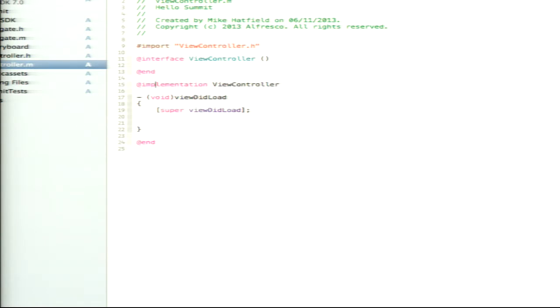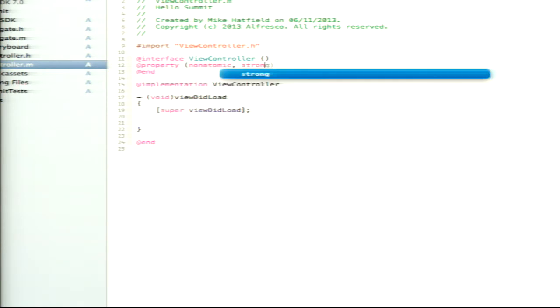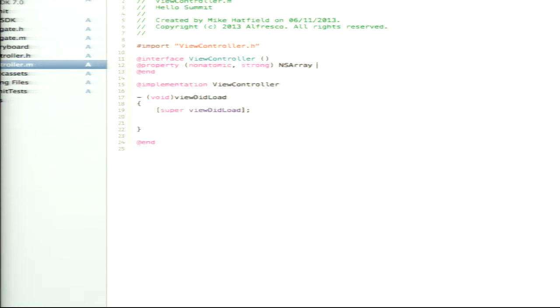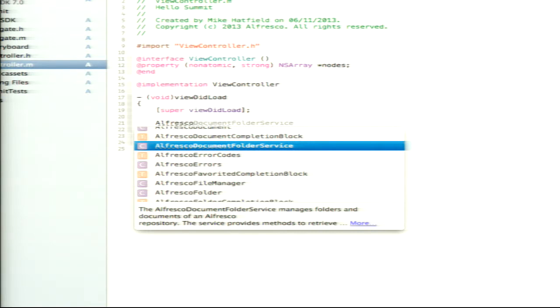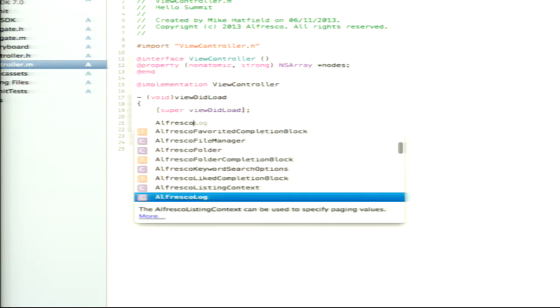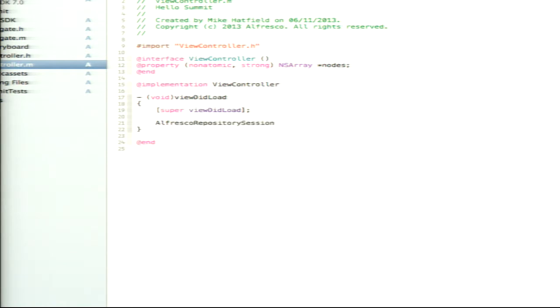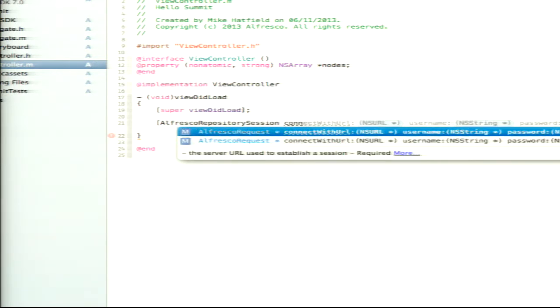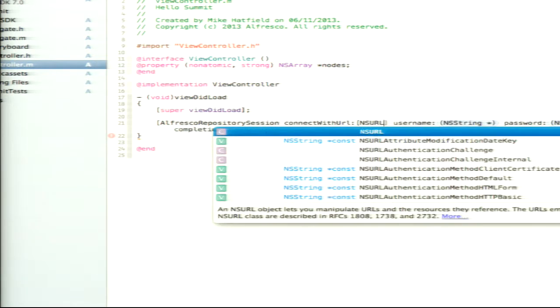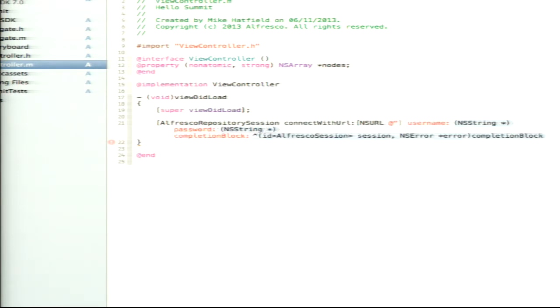Okay, so I just need somewhere to store the nodes that are going to come back. And then it's going to get an Alfresco repository session. So I'm just going to create a repository session. Connect with URL, and I'm going to cheat, just hard code everything where possible. So localhost, highly secure username and